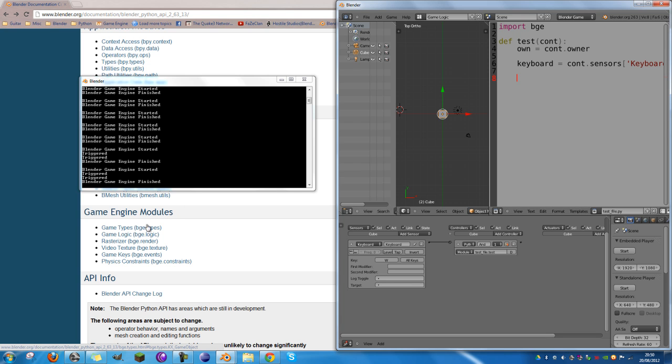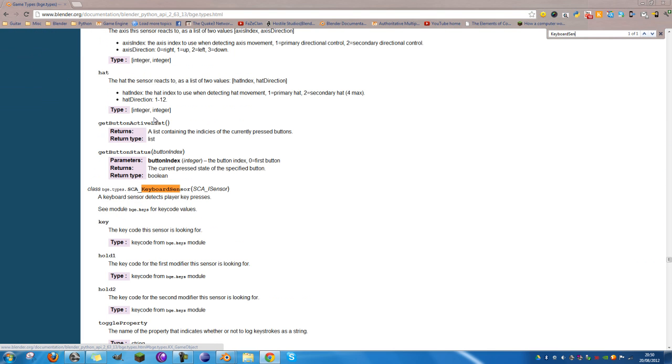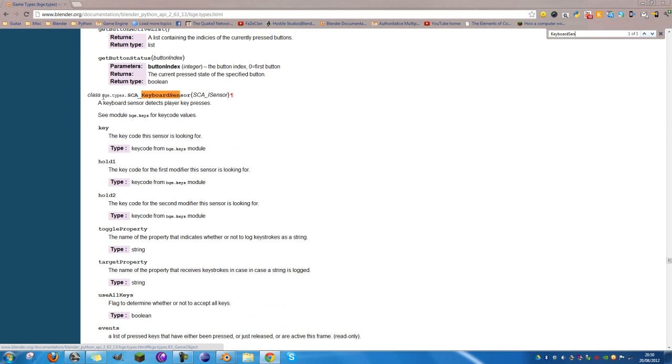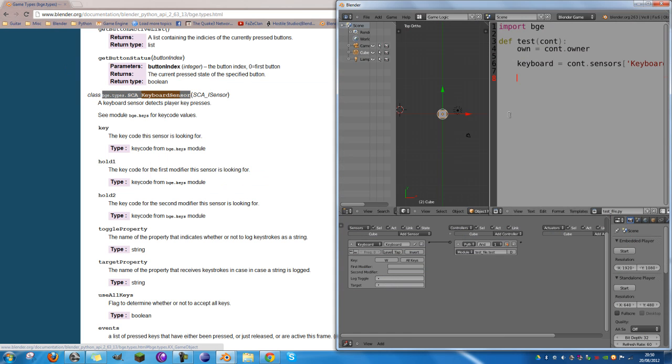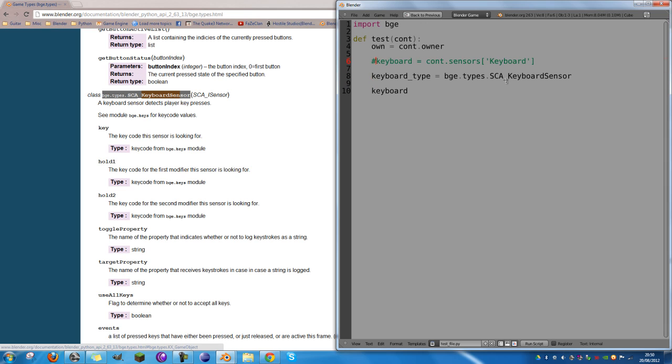So if we go into bge.types in the documentation and look for keyboard sensor, you'll see we have a type. If we copy the name of the keyboard sensor here, bge.types, all the way up to the parentheses, we can now type keyboard_type equals that. And it will import it from the bge module. Now we can say keyboard, if I go and comment this out, keyboard equals